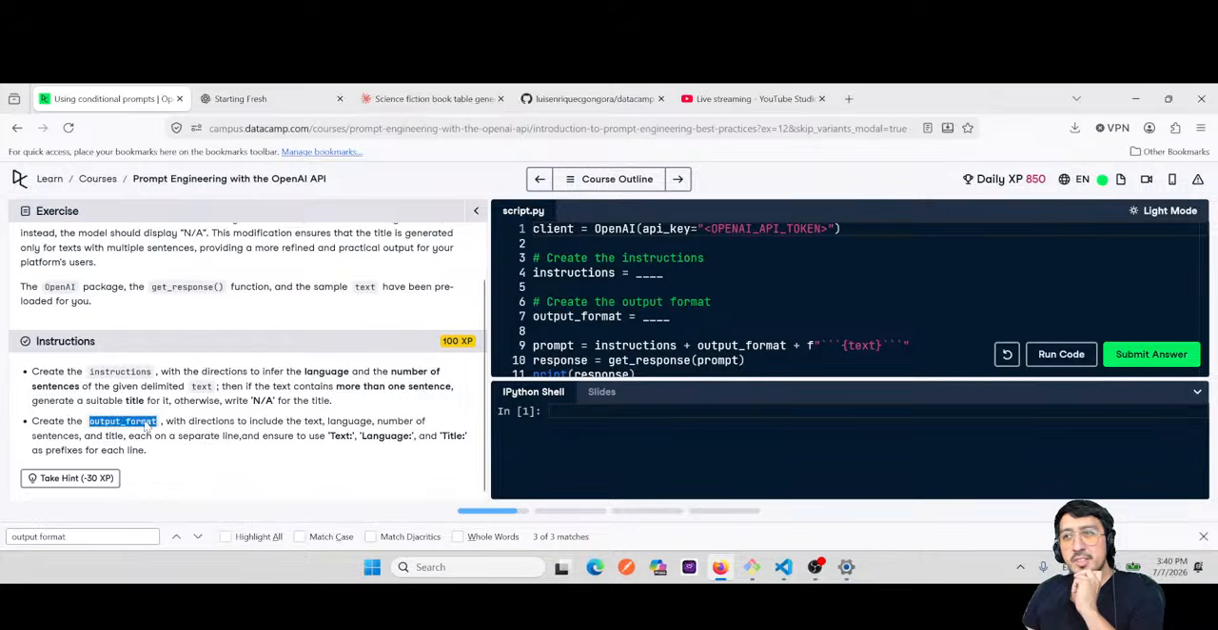Create the output format with directions that include the text, language, the number of sentences, and title, each on a separate line. Ensure the text, language, title are each on their own line as previously. Okay. I'm gonna say, you are an expert in written content creation. A text